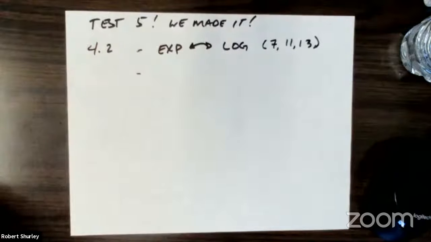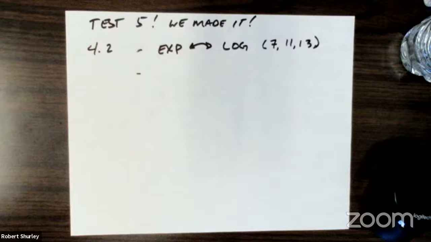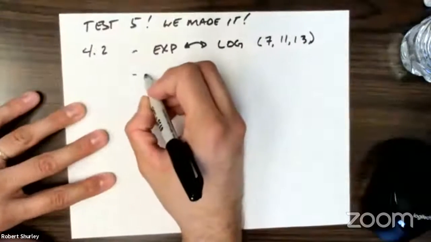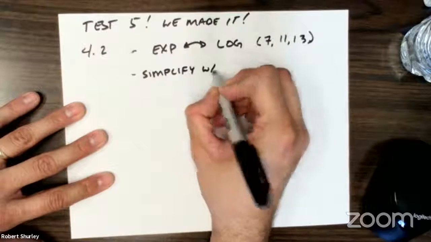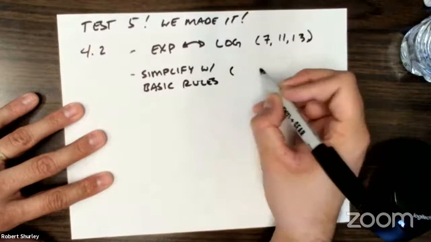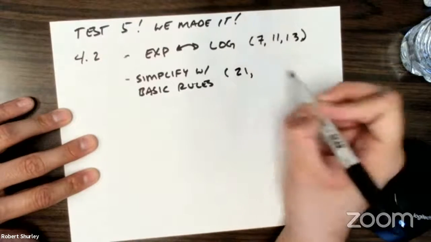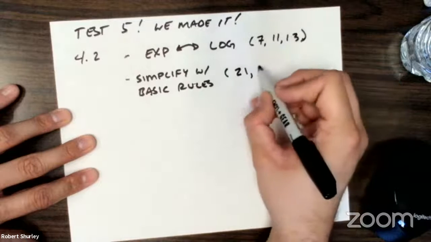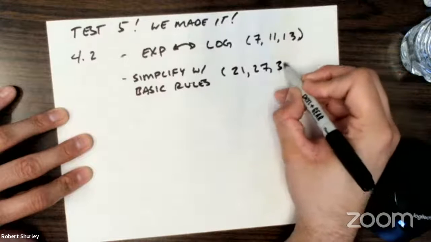Then we got to the basic simplification. Remember, there were really 4 simplification rules in this section, and we focused on 3 of them because those are the 3 that we used throughout the other 2 sections. So this is simplifying with the basic rules. This would be like number 21, 27, 31,